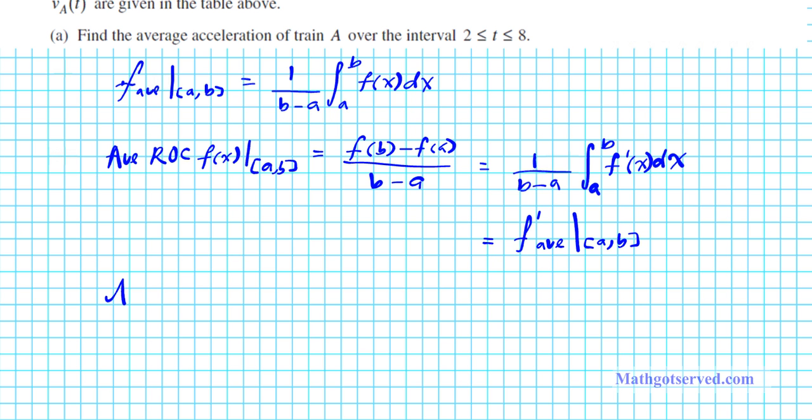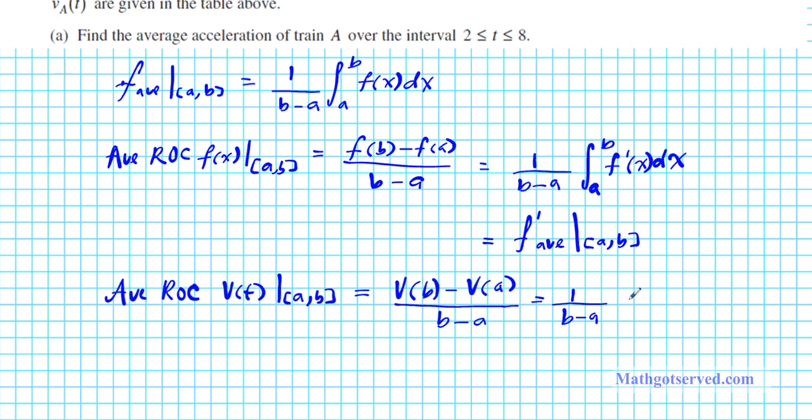Let's say you're looking for the average ROC of v(t) on an interval [a, b]. That's simply v(b) minus v(a) over b minus a. Average rate of change is like the slope of the secant line on a closed interval [a, b]. This is the same thing as 1 over b minus a times the definite integral from